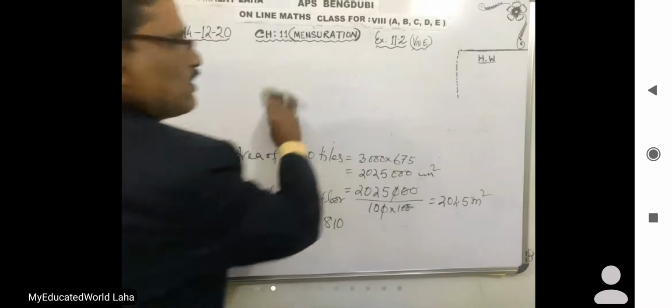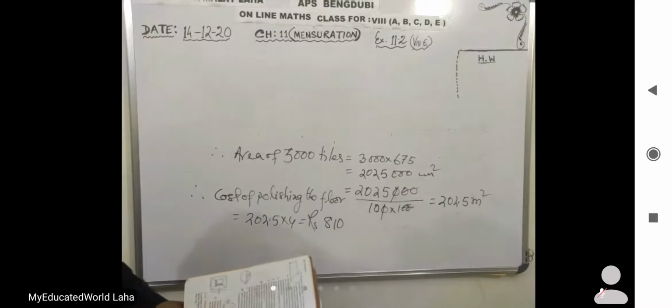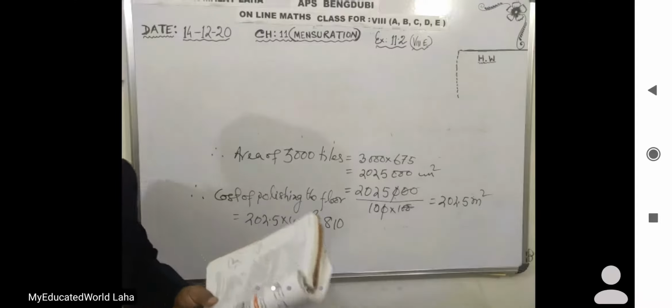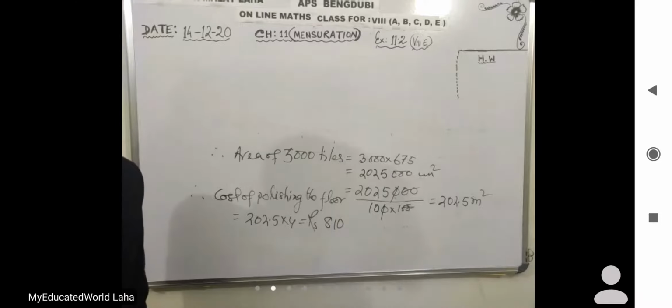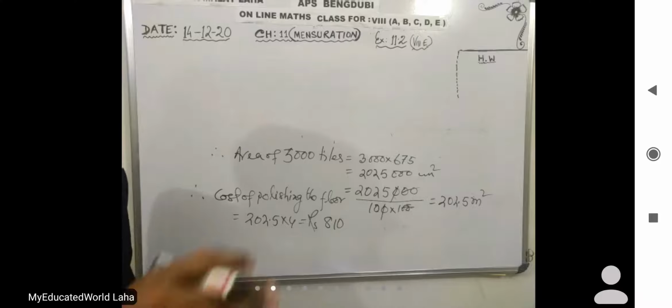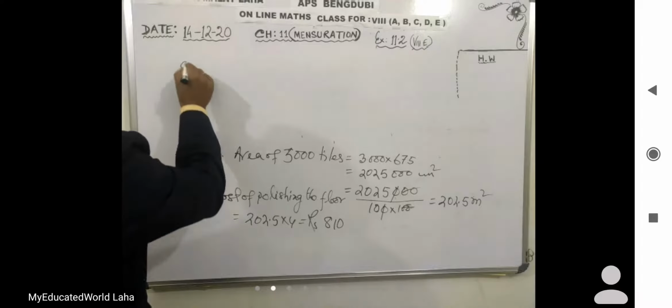Okay. Now coming to question number 8. Question number 8 is very interesting. A diagram is given. Mohan wants to buy a trapezium shaped field. They are talking about the parallel sides of the trapezium. One parallel side is along the road side, and another side along the river side. This instruction is given.